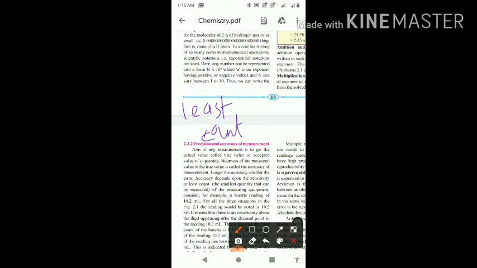Basically, least count is nothing but the smallest dimension that can be measured by that instrument, or the smallest value that is given by the instrument. Okay, so here I will give you an example through which it will be easier for you to understand. Let us say one scale is there. I am just drawing it, and here